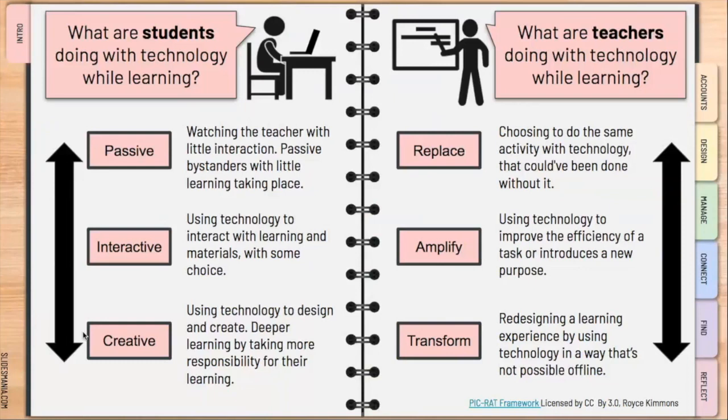And as you're designing these activities as a teacher, you want to think about things that are similar. Are you choosing activities and technology that allow you to replace an existing practice that may not necessarily lend itself to the best instructional activity, or are you giving them opportunities to amplify or transform their learning? For example, you may have students who choose to write an essay. Of course, they could use Google Docs or any other word processing tool in order to do this activity. But if you amplify it, you're giving them an opportunity to provide feedback to one another. So think about how you can amplify or even transform. And of course, the technology training team is here to help you with that.